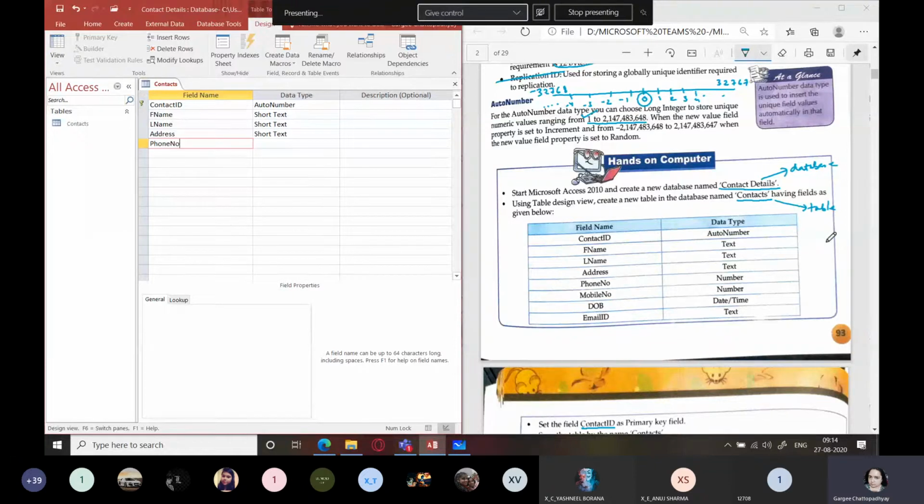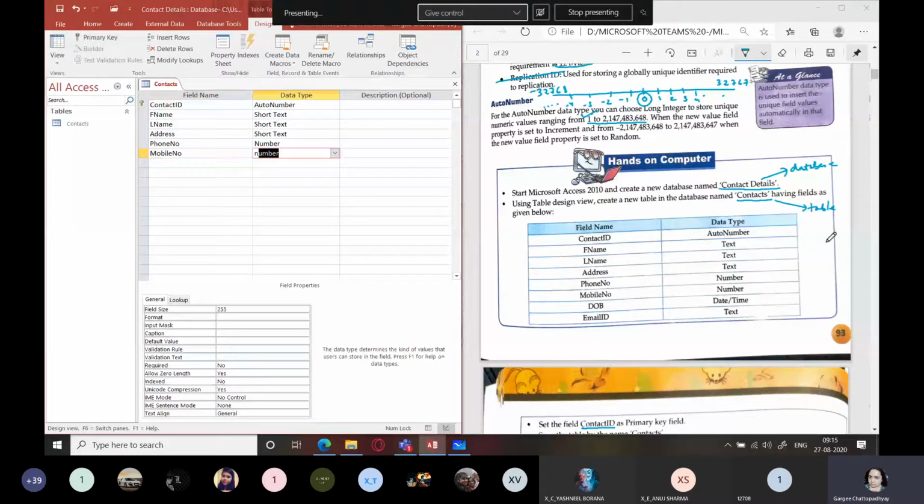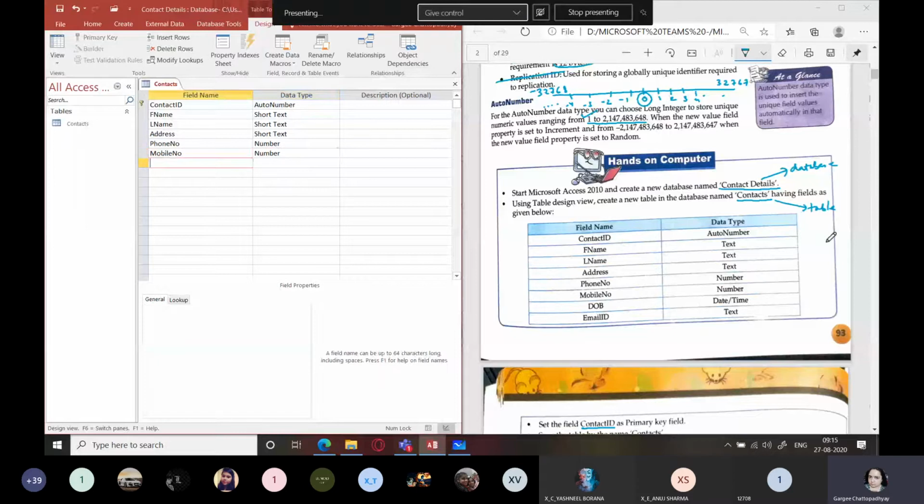They have taken it as number. We will see how to change that. Mobile number, they have also taken that as number. And date of birth, that is date and time. So you can just press D from your keyboard and it automatically changes to date time. And you have email ID, and that will be taken as short text.